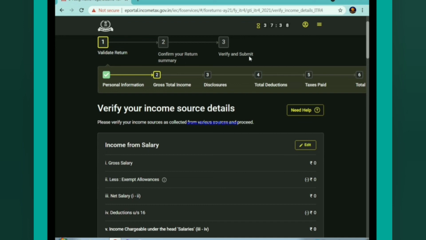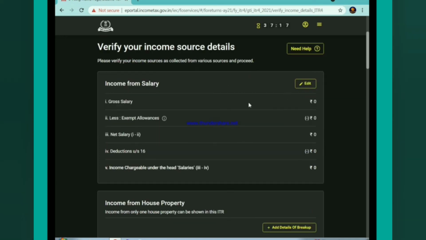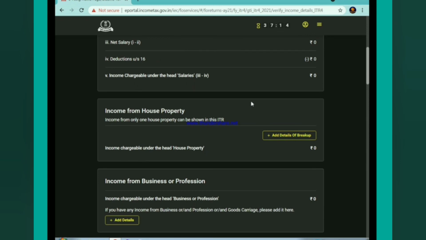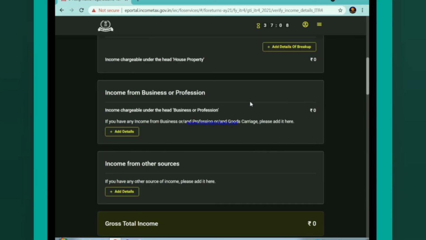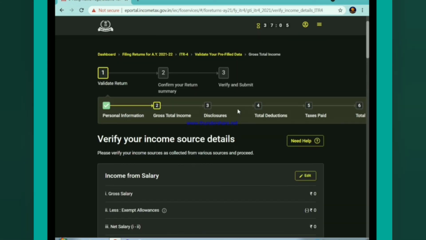But for the best, I will say that don't just start filling your ITR form right now. Wait for at least 2 to 3 days more. You can't say how this process is going to be. You can see that right now also I have just stopped my filing procedure because I think that there may be a few problems in this new website also. That's why I just stopped. I am just giving you the basic idea how it will work. I have just seen all the steps. So what I recommend is that wait for 2 to 3 days more and then file your respective ITR.